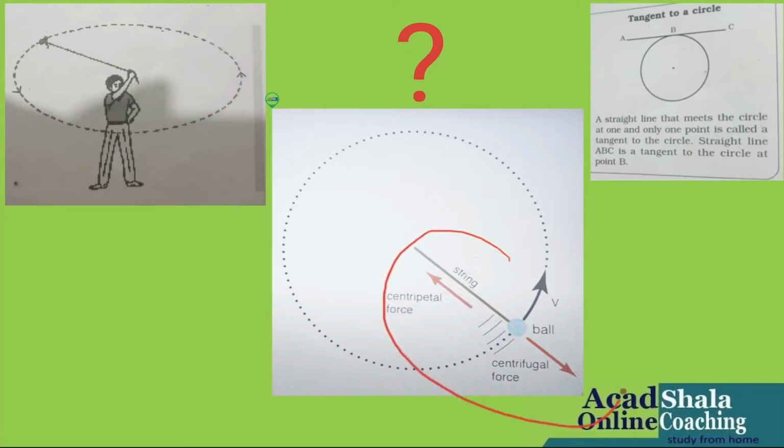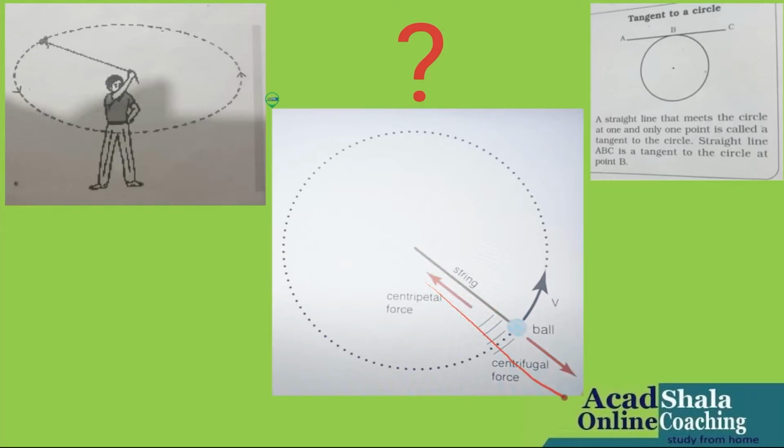You are seeing in this diagram, children. Yes or no? In the center, it was a centripetal force, when this boy was whirling the thread that has a stone or a ball tied at the end. When he released, then it went straight away like this because there was no force in the center. The force name was centripetal force. So there was no centripetal force because he released the thread. This boy released the thread along with the ball or a stone. So the stone flies off along a straight line.